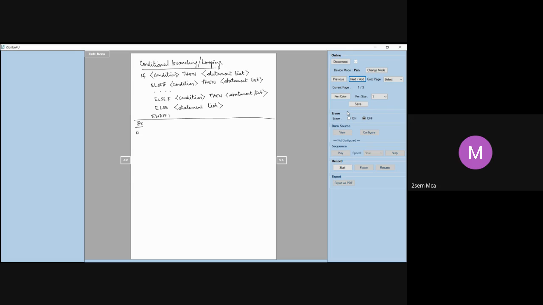Okay, I will number the statements. Create function. Function name is department size. I'm passing some arguments, department number, and that is of the type integer.